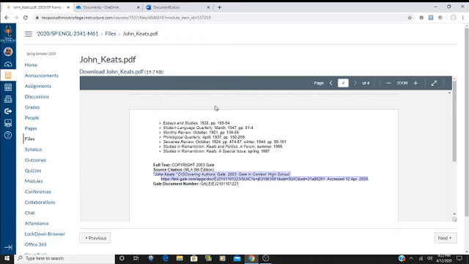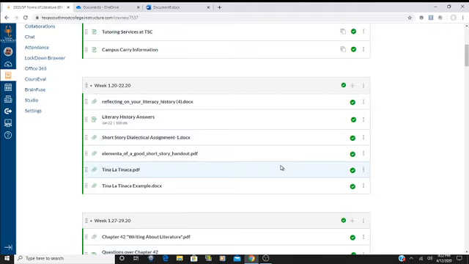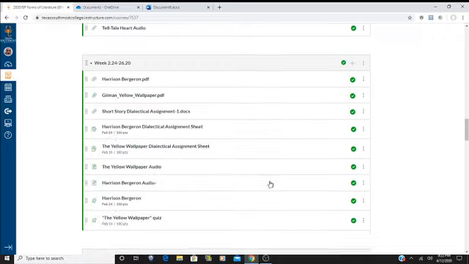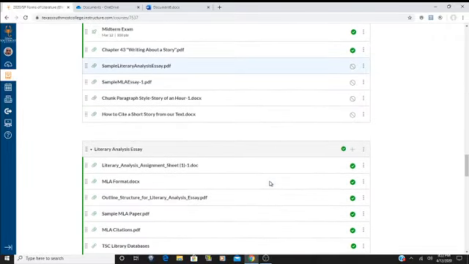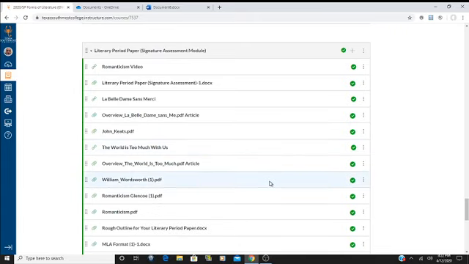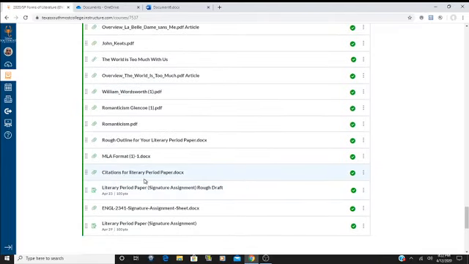All right. So going back to our module, that's how you're going to do your citations. And I tried to make sure that all of your papers have the MLA citation at the bottom, except for the one that I made a PDF of out of my literature book. For that one I tell you how to make the citation in the citations for the literary period paper.